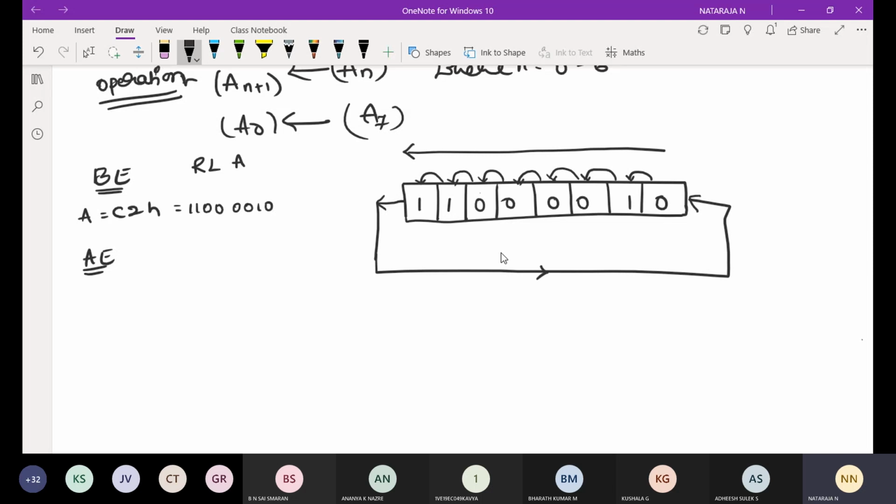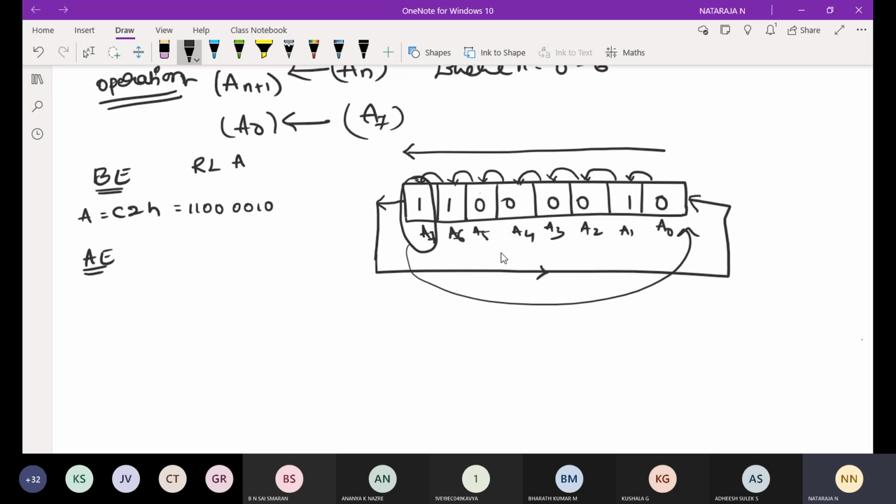Then after execution, this bit will be coming over last, means bit 7 is rotated to bit 0. For example, this is A0, A1, A2, A3, A4, A5, A6, A7. Why have I taken A? This is accumulator data. That's why I have taken A0 to A7. Bit 7 is rotated to 0th position. This is the 7th bit. This will be rotated to here.